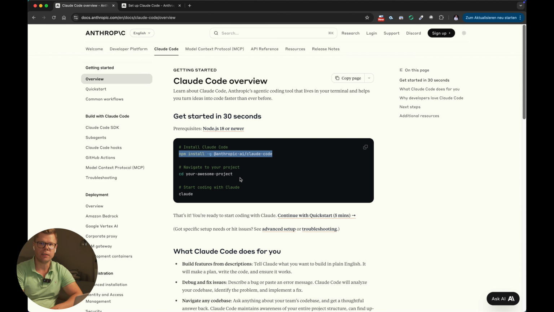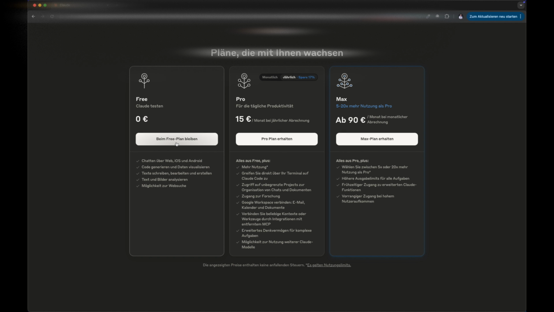So I already installed Claude Code. I'm using the Claude Code Pro version. It means if you are installing this, then you should add your access key and access token also within this installation process, and then you can use Claude Code within your terminal as well, because in the normal version you